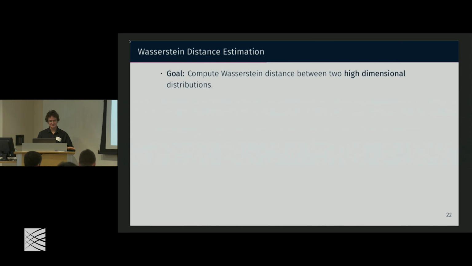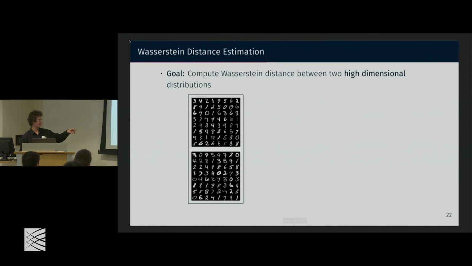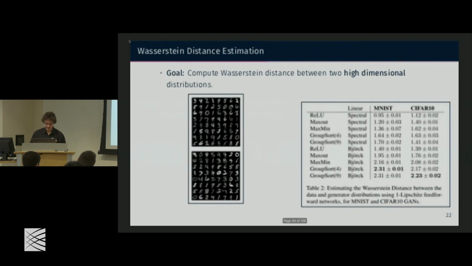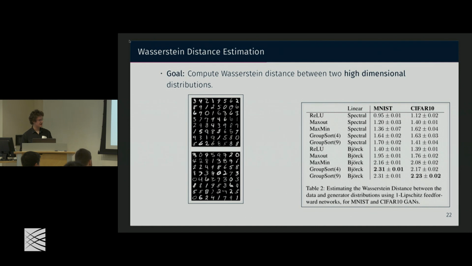So in the previous slides, we used Wasserstein distance to evaluate our architectures. Can we actually do the reverse? Can we try to compute the Wasserstein distance using our methods? So let's say we have two sets of high-dimensional objects, like images, and we train our networks to compute the dual form Wasserstein distance. And all across the board, we see that the group sort networks with norm-preserving linear transformations get significantly tighter lower bounds on the Wasserstein distance,